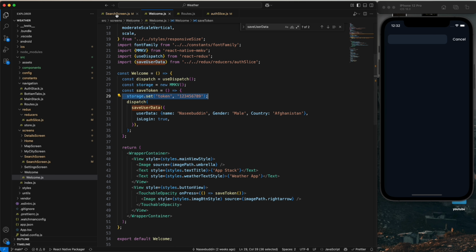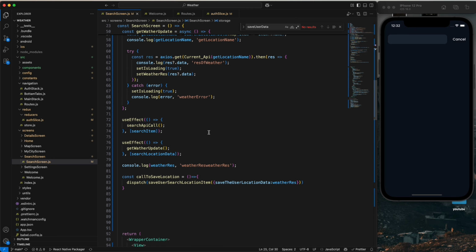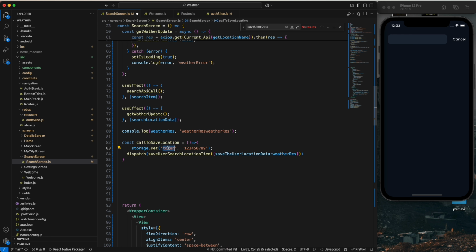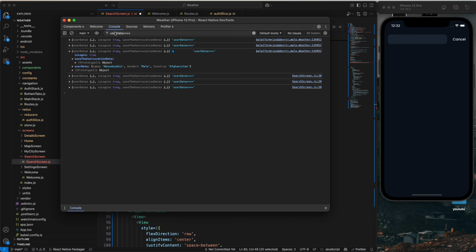Just copy and come here, and this is my function, you can see. And we need to save user save locations. So this is my storage, and also we need to save the data, and this is the weather, and I need to save only the location name. So for that just copy this, and let's see the data what we have,